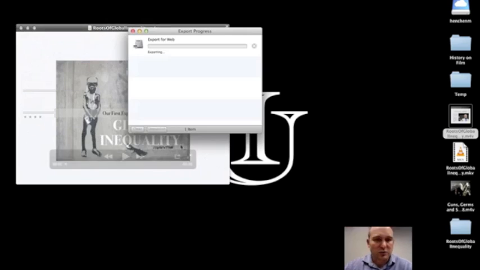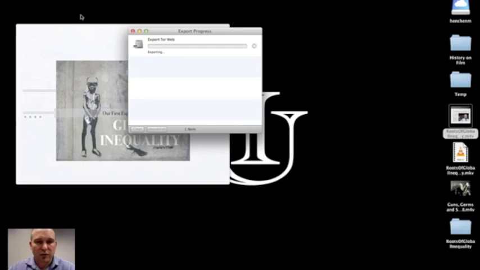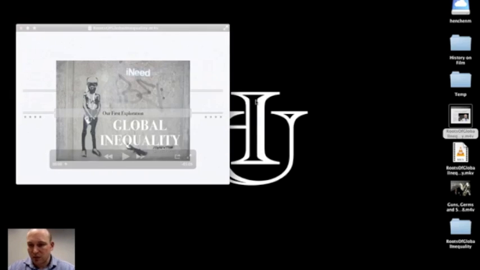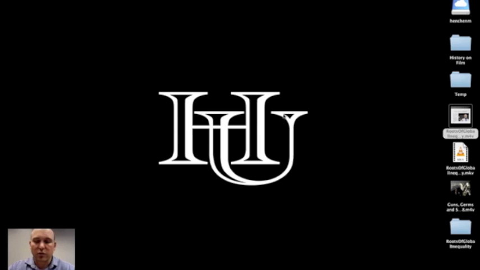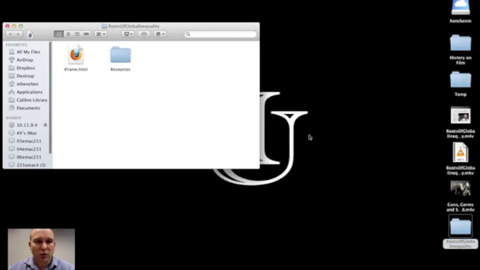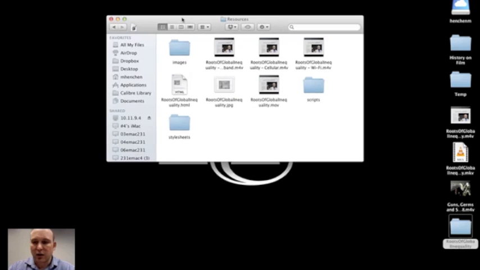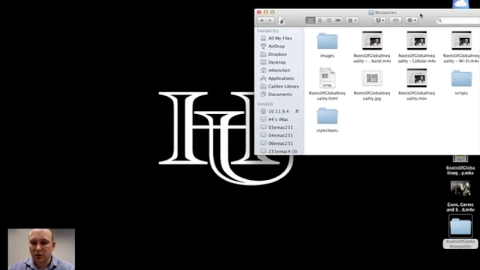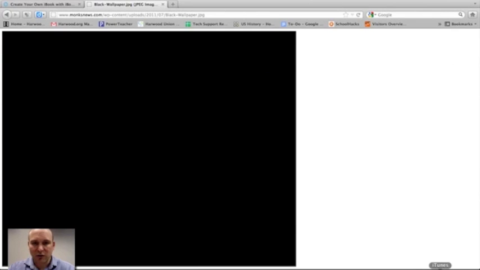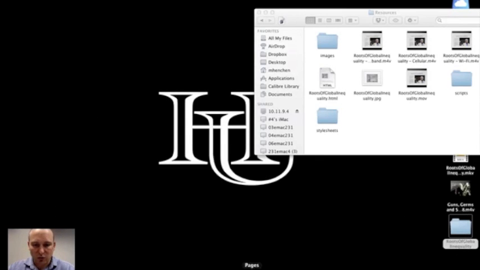What's probably happening is there's probably some sort of special encoder. It only reads a very specific type of video. It's actually a good thing that this is happening because what it does in QuickTime, when you export, and remember I clicked all three, you get this folder, and in the folder are three different video types. So there's the M4V, the cellular M4V, the Wi-Fi M4V, the MOV. Okay, I've done this before, and one of these does work. So we'll figure it out right in front of you guys, and you will benefit from